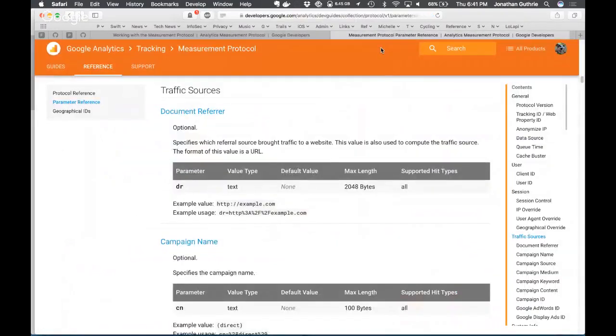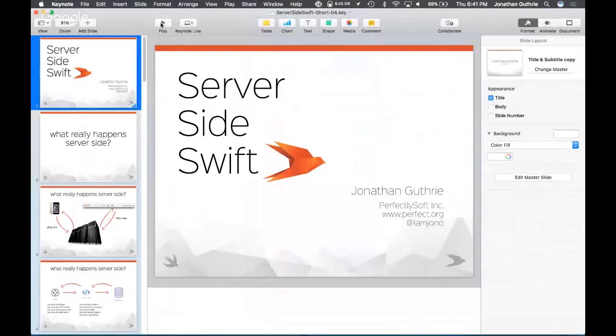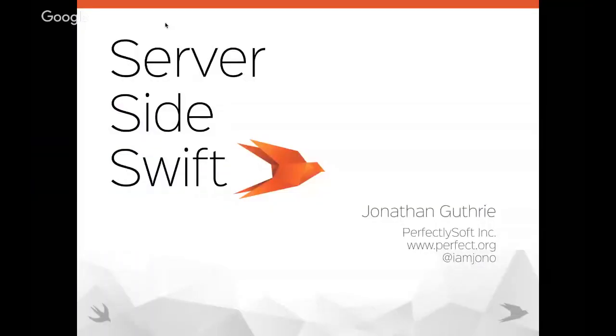Welcome everyone. This is a vet for Swift, and today we're going to be getting into server-side Swift. Then you have a speaker from Perfect on server-side development for Swift, and as one of the first pioneers of server-side Swift, we hope to change the way server-side is done in the industry. And here I give you Jonathon Guthrie, who is going to give you a talk today.